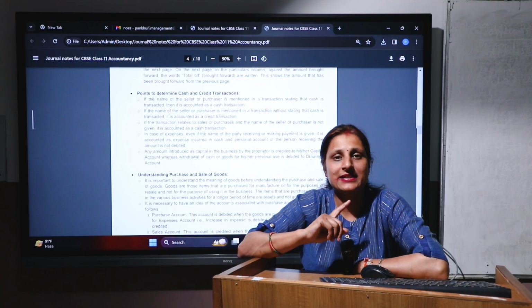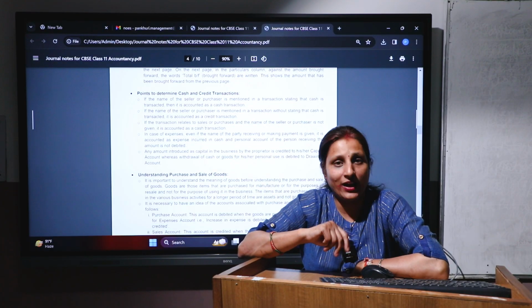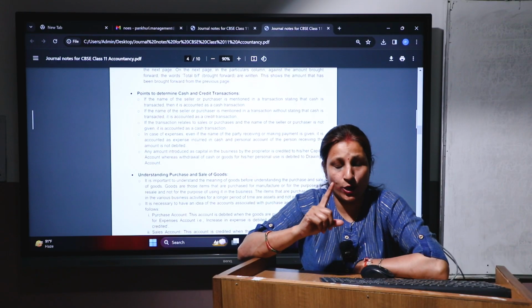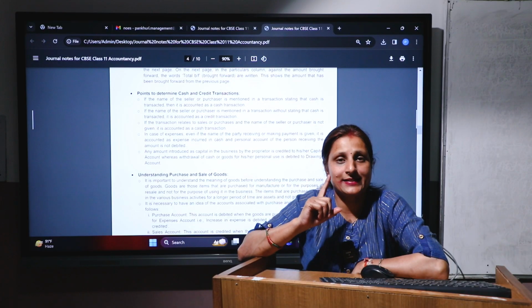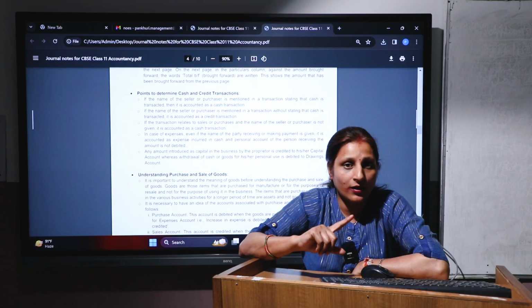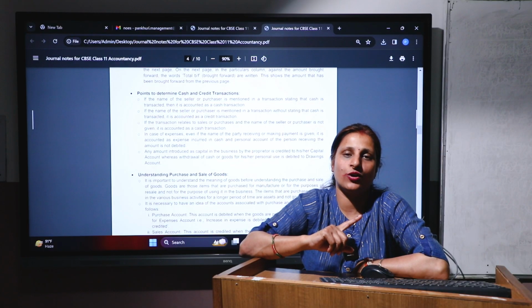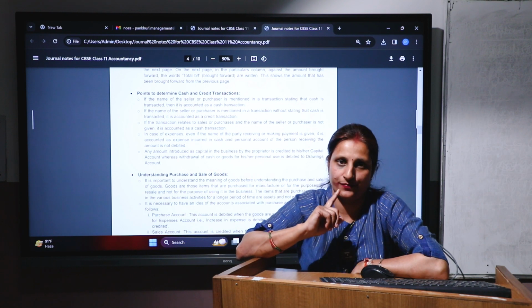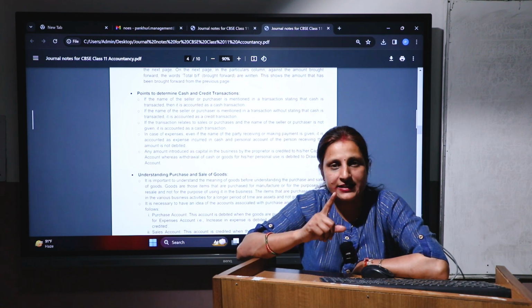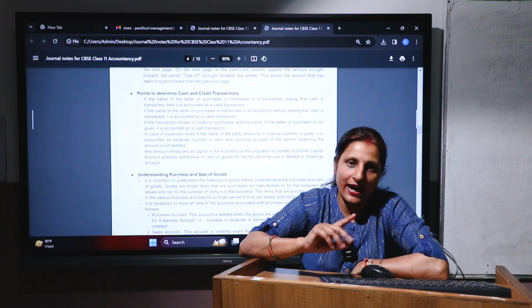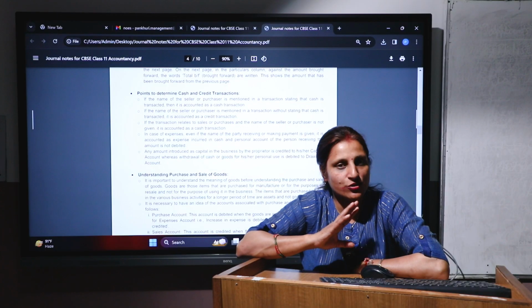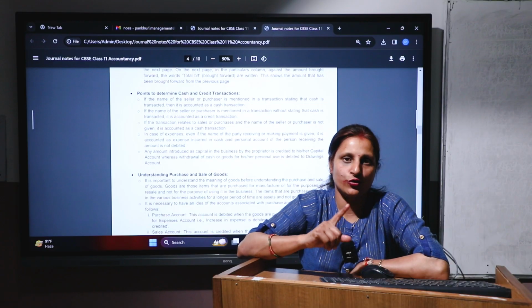So the entry will be considered as cash when the name of the seller or purchaser is given but the entry is stated as cash, or when the name of the seller or purchaser is not there and the entry also doesn't mention that it is a credit transaction. In both cases you will consider the transaction as a cash transaction. But if a name is there and cash is not stated, in that case also you will consider it